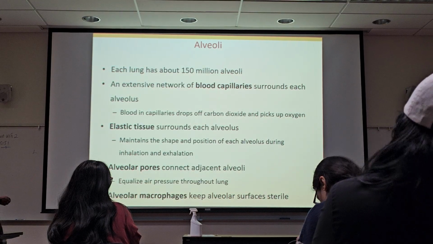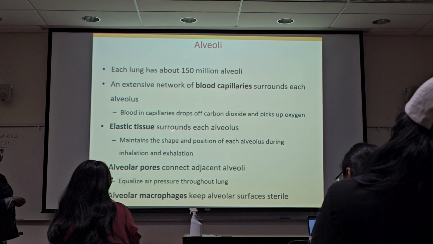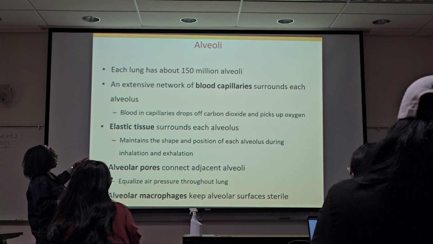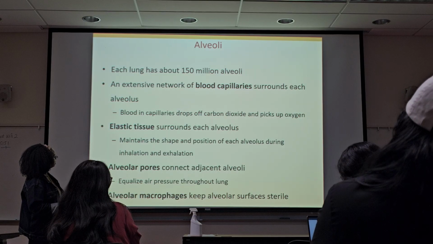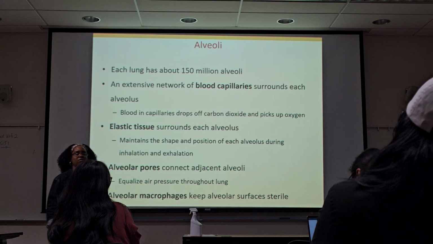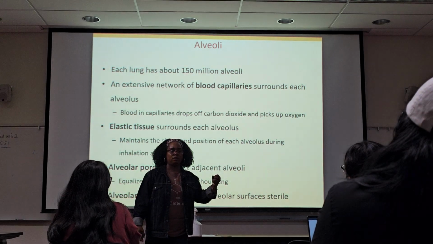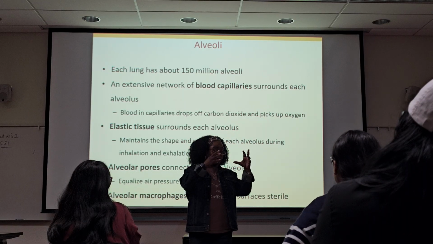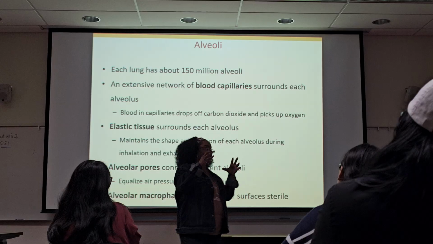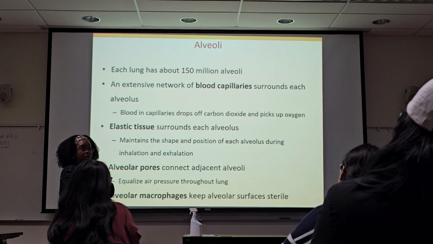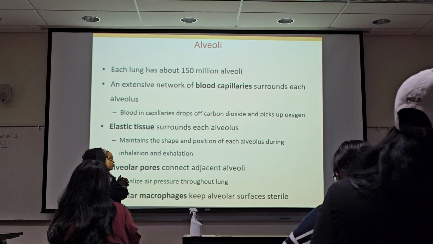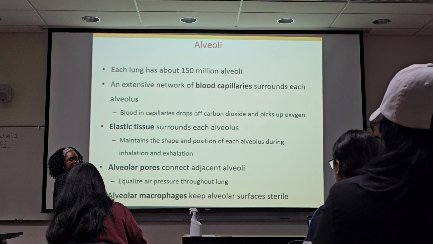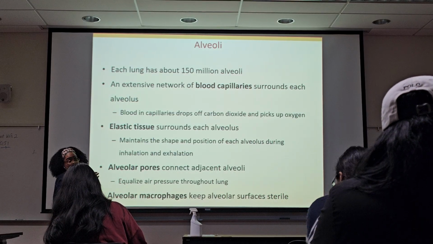There's some elastic tissue that surrounds each alveolus. That's going to help maintain its shape as we're breathing in and out. We don't want the alveolus to collapse on itself, because that can lead to a lung collapse. So we want each individual alveolus to stay nice and open. If they start to collapse on themselves, that can cause lung collapse. That's like the smokers. What's collapsing? No, not lung collapse. Smoking is going to damage that tissue. A smoker's lung